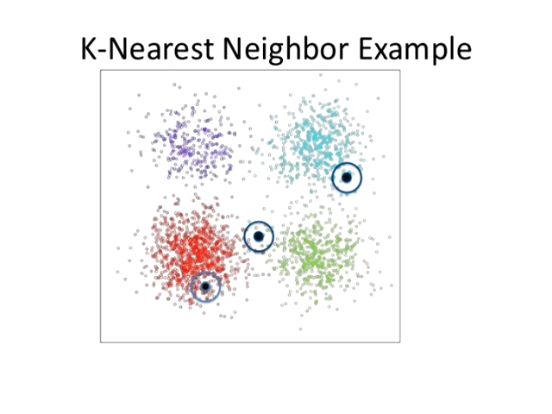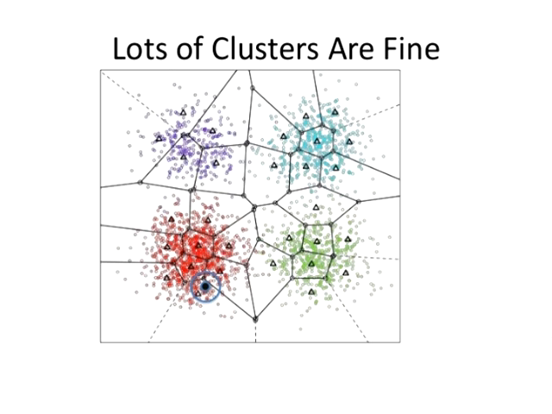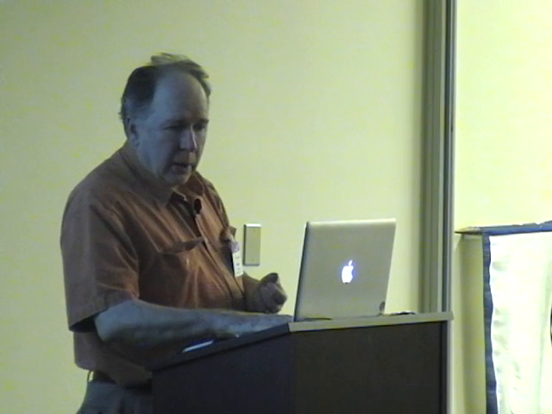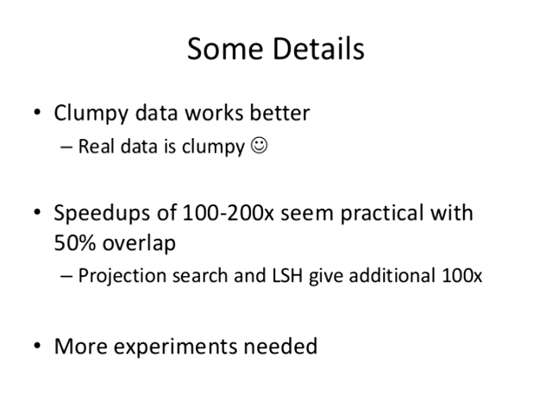Any 3 orders of magnitude is a big deal, and 3 orders of magnitude twice is a really big deal. And the reason that that works is that if you have data points and you want to find the nearest neighbors, then clustering and then Voronoi tessellation gives you a nice approximation of the nearest neighbor search. So, the nearest neighbor stuff seems to work.